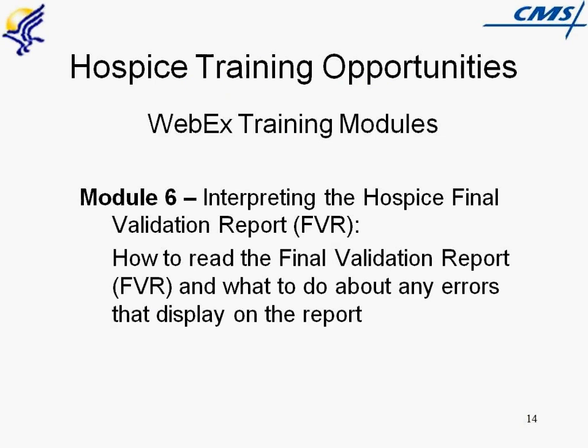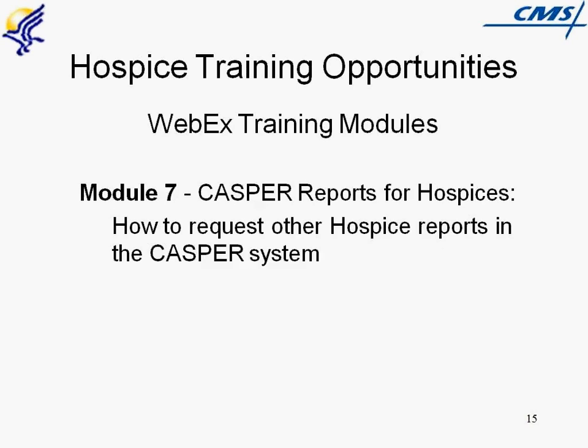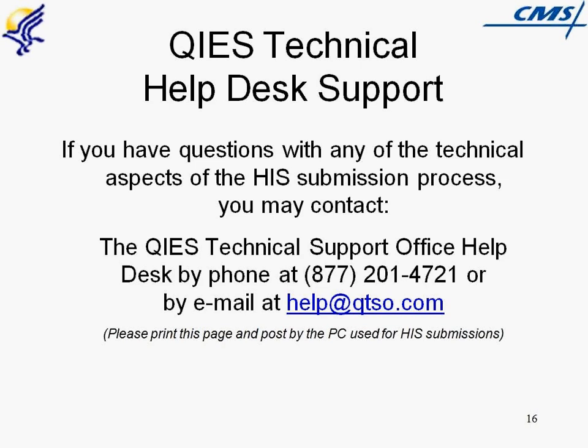Module 6, Interpreting the Final Validation Report, provides information about reviewing and interpreting the Final Validation Report and gives you guidance about addressing errors that may return on the report. Module 7, Casper Reports for Hospices, demonstrates how to request other hospice reports available to you in the Casper system. If at any point in this process you need assistance, you may contact the QIES Technical Support Office Help Desk at 877-2